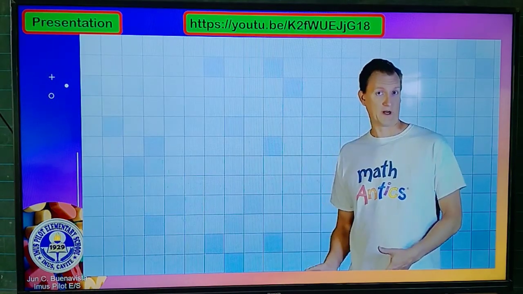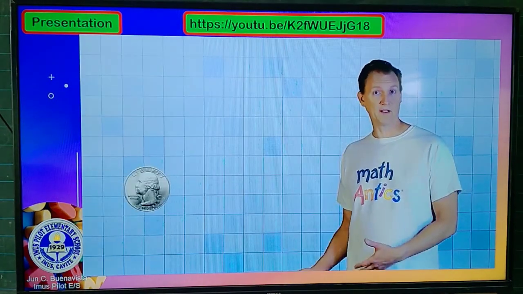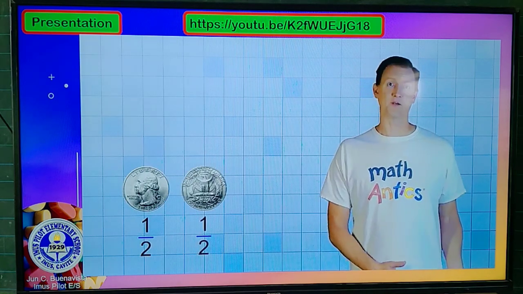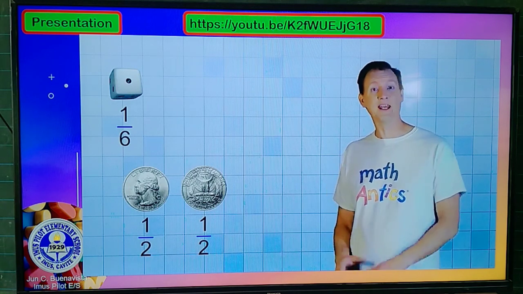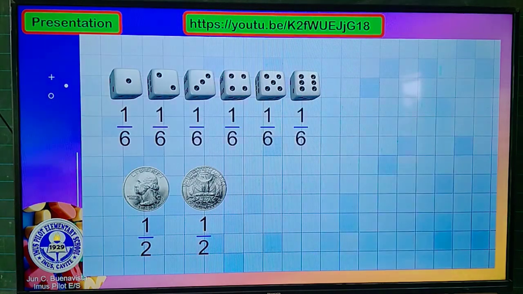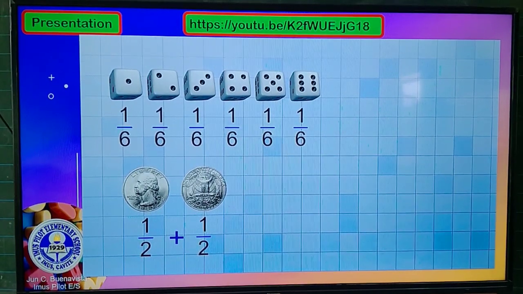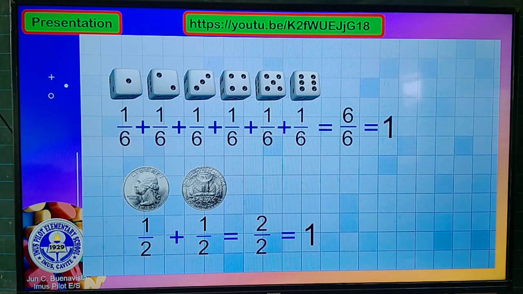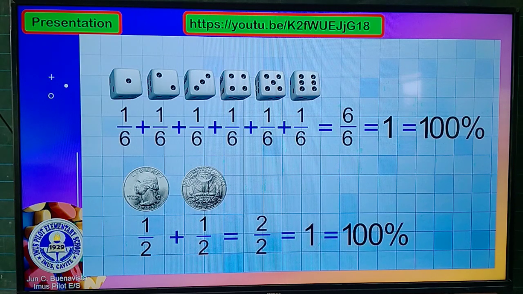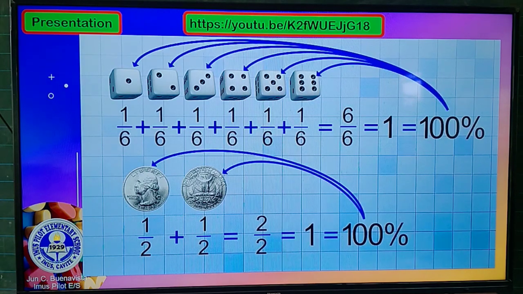There's another thing I should point out. Remember the probability of flipping heads is 1/2, and the probability of flipping tails is 1/2. The probability of rolling a 1 is 1/6, and the probability of rolling any other number on the die is 1/6. If you add up the probabilities for the coin flip, you get 2 over 2, or 1. And if you add up the probabilities for rolling a die, you get 6 over 6, which is also 1. And that's not just a coincidence. If you add up the probabilities of all possible outcomes of a trial, the total is going to be 1, or 100%, because it is certain that at least one of those possibilities will happen.